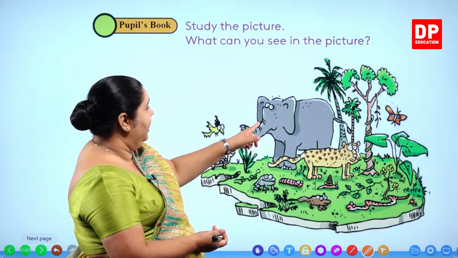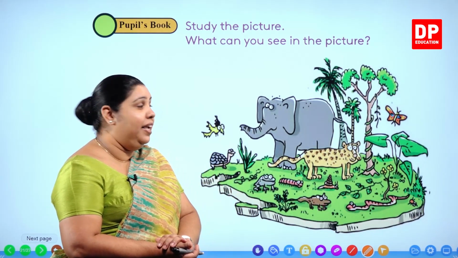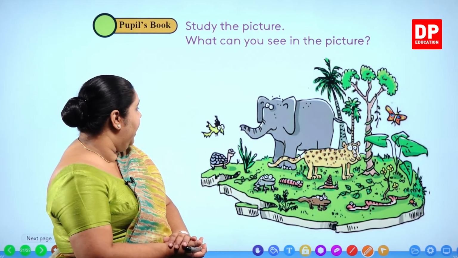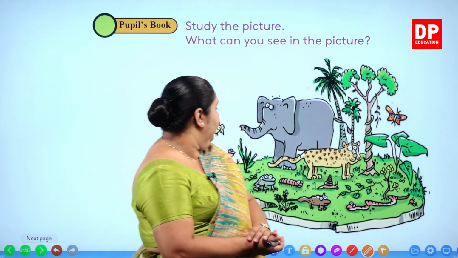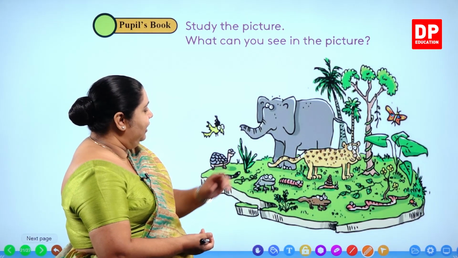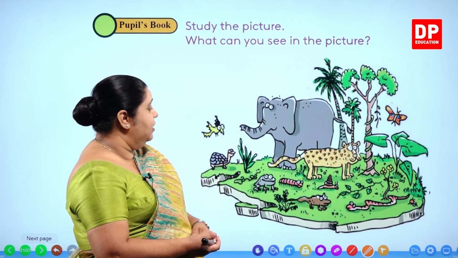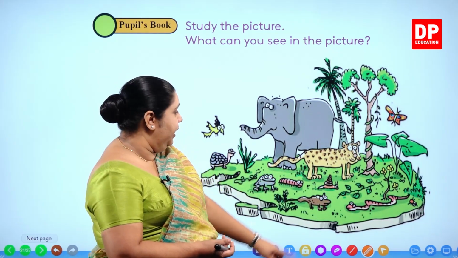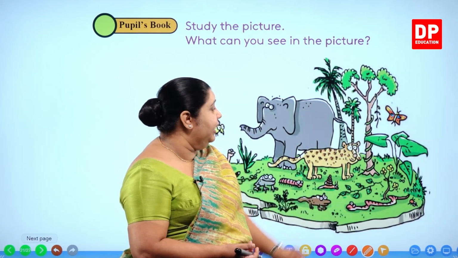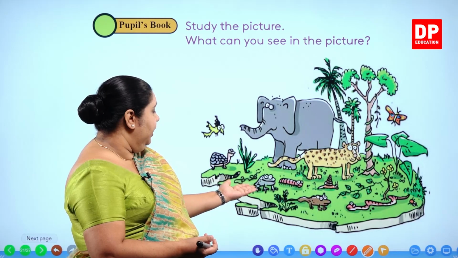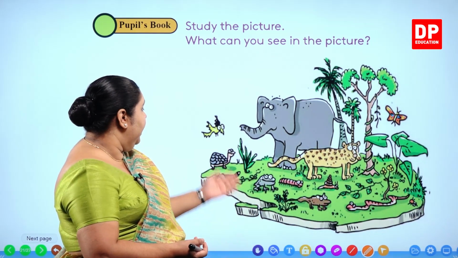Can you see? There is an elephant and there is a leopard or a tiger, you can say. It's a drawing, no? You can say that. And there are little insects like butterflies, little flies, little caterpillars. There are snakes. There are frogs. There are snails. Little snails are here, there is a snake, serpents, and frogs. We can see caterpillars, little worms. There is a